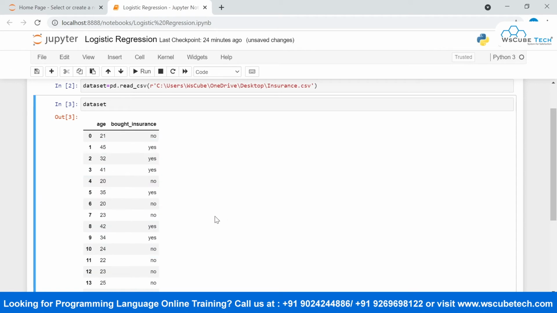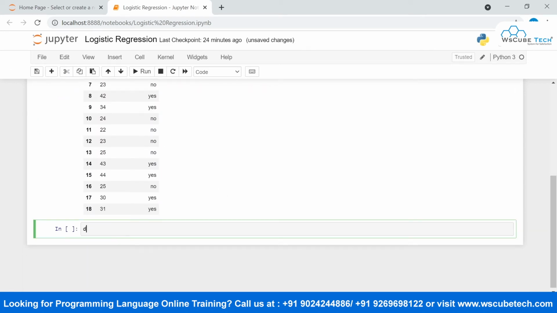I will say dataset, the name of the column, bought insurance, and use replace, and inside this, wherever you find no, make it 0, and wherever you find yes, make it 1.